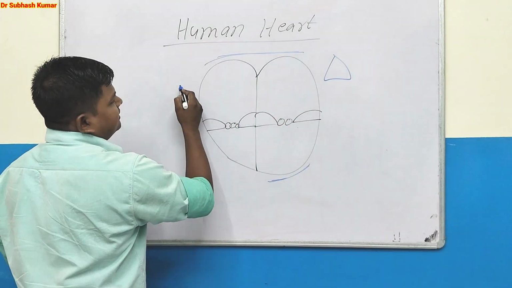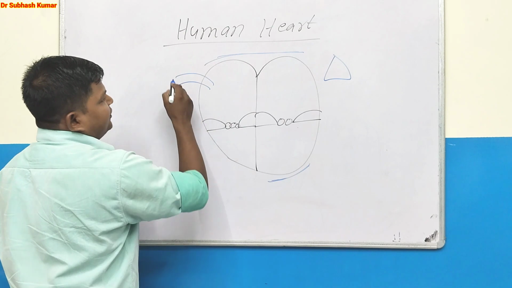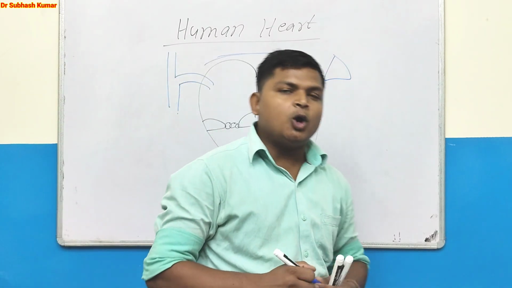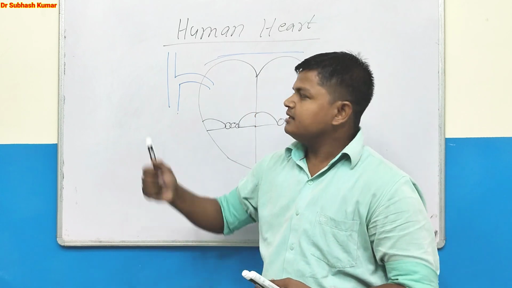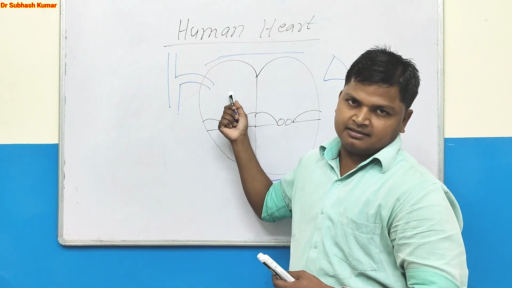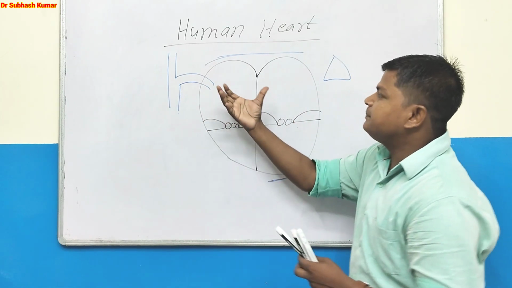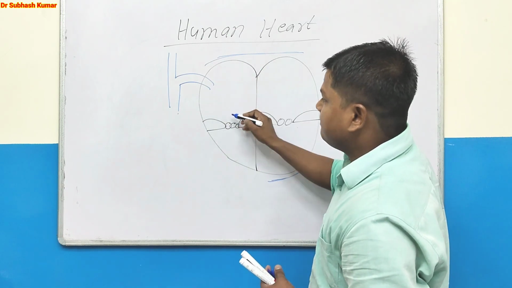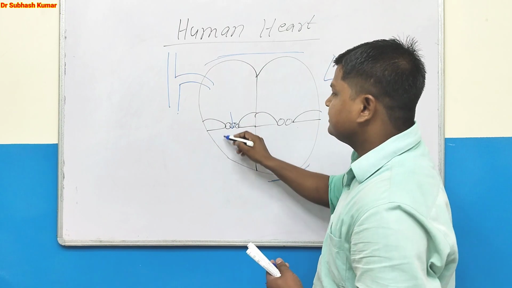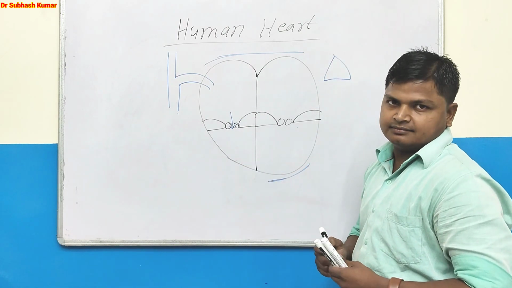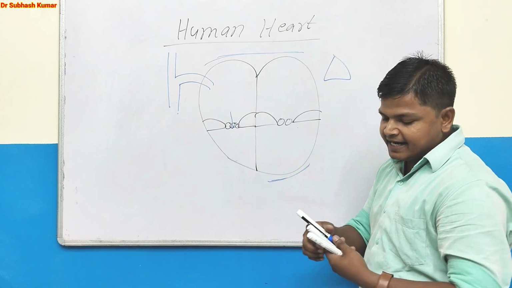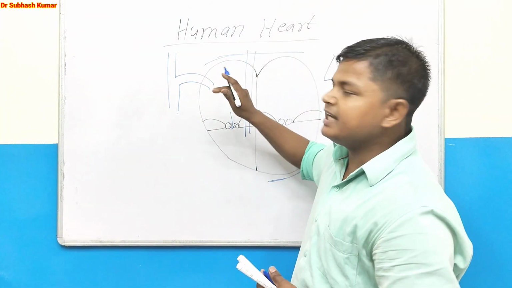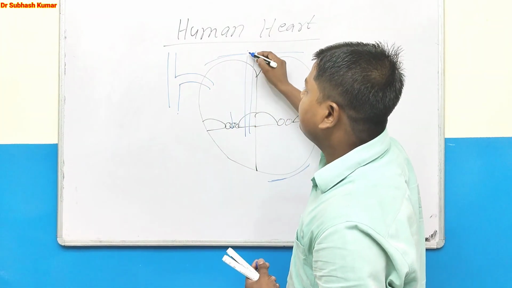As you know, the inferior vena cava and superior vena cava drain the deoxygenated blood from the whole body into the right atrium. When the impulse is generated in the right atrium, the right atrium contracts and blood drains out into the right ventricle. When the right ventricle contracts, blood goes directly through the pulmonary artery up to the